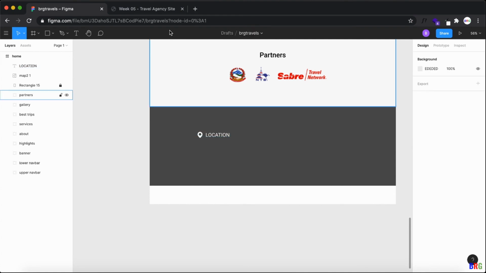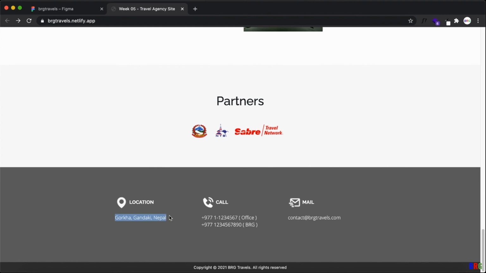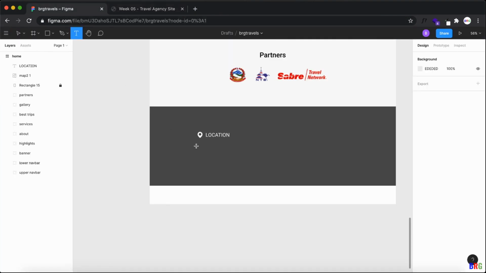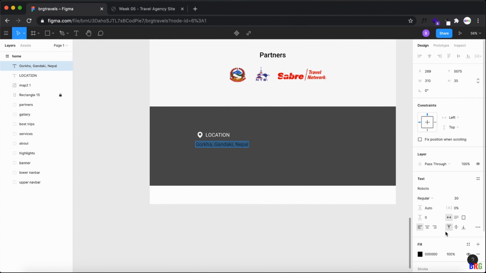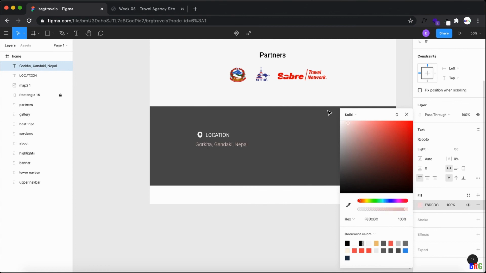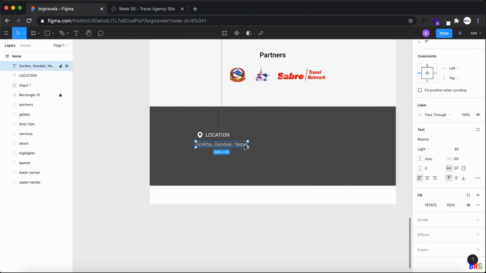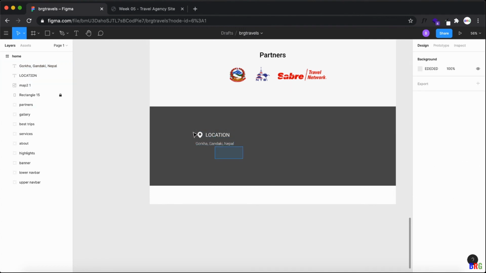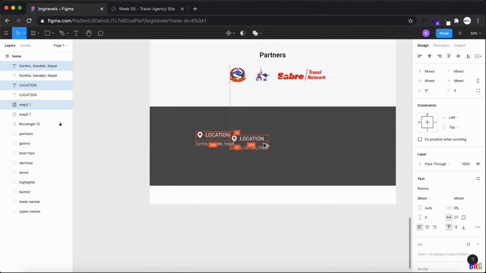Now we have this text, and instead of regular we have to use light and white, or maybe FEFE, and size 22 as our standard. Now copy, then alt and drag, 150. Okay, 126. Copy, drag.